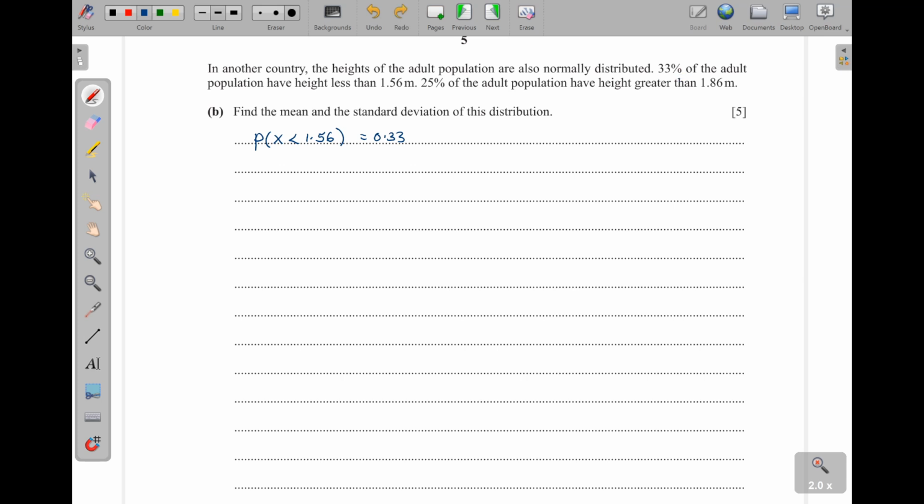Now we are given the probability, but we don't know the z value that corresponds to that. So probability of z, because I'm supposed to standardize this. Remember our z is equal to x minus mu out of the standard deviation. So less than, I don't know the z value here, let me say it is z1, then it's equal to 0.33. Now you need to find the z value, which is going to be the phi inverse of this